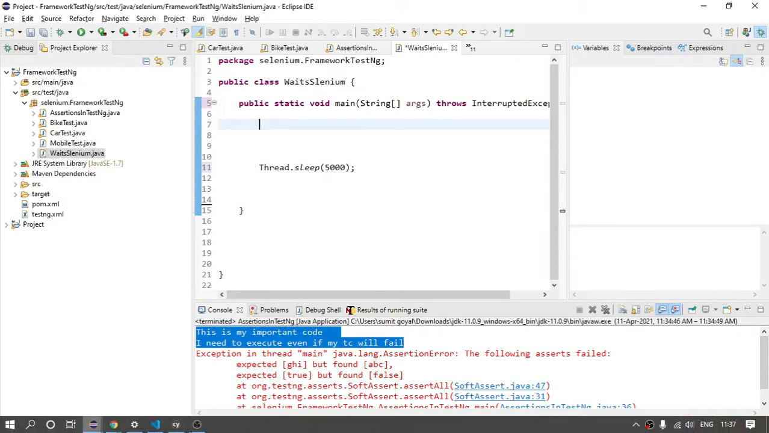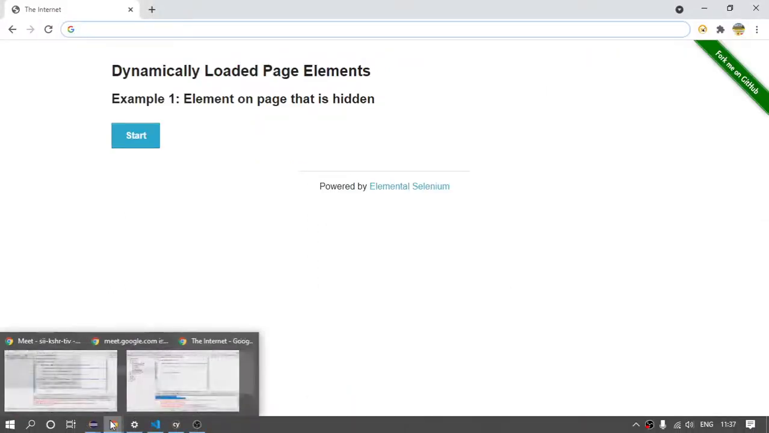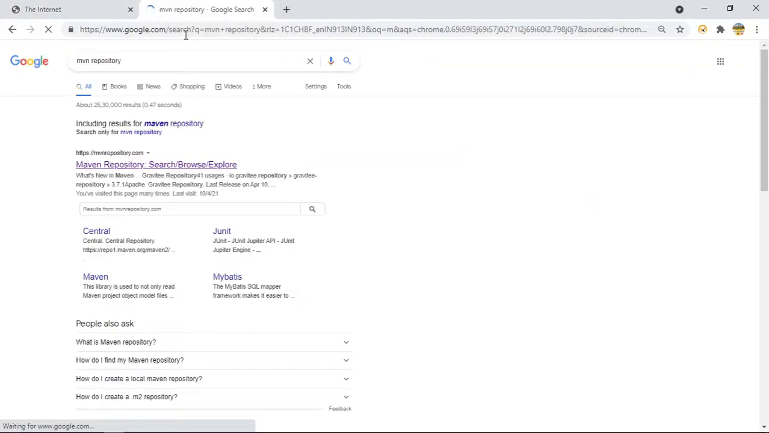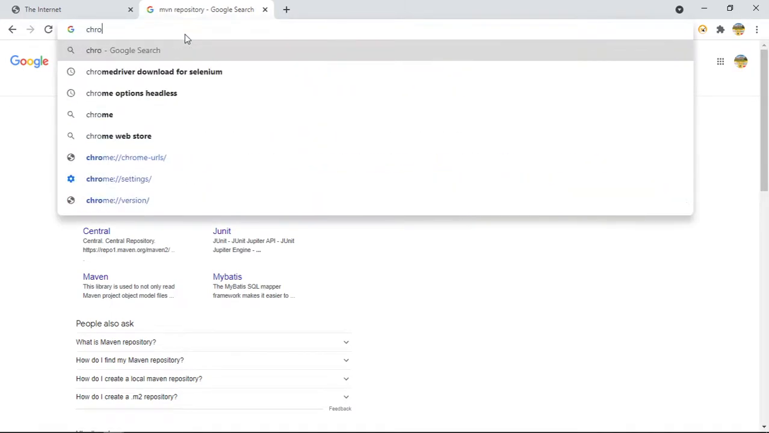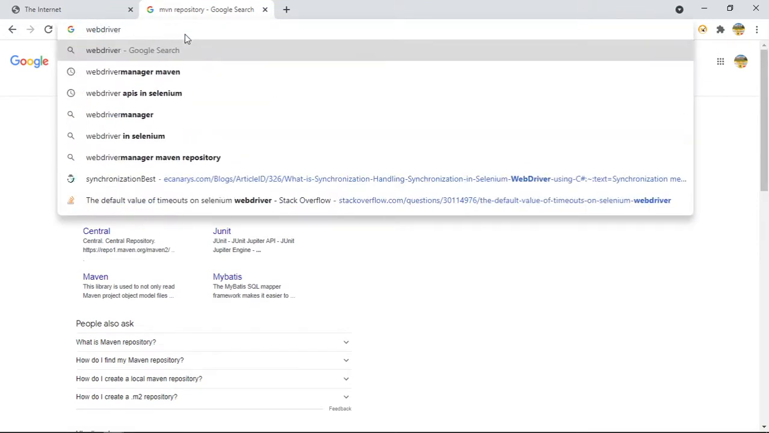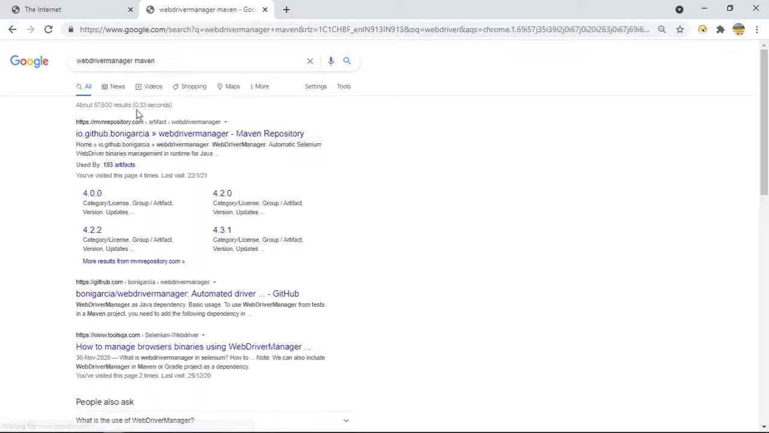There is one dependency we can use. That is another way of launching the Chrome browser. Open Maven repository again. So just write here Chrome. Just write WebDriver Manager Maven. So open this